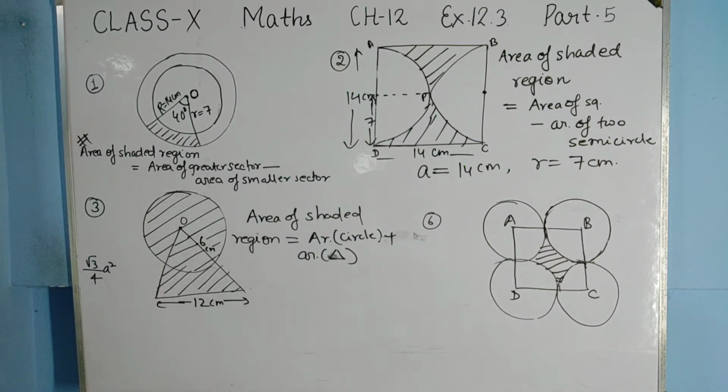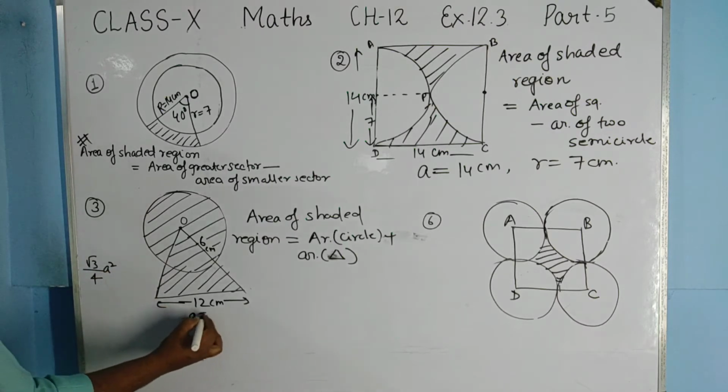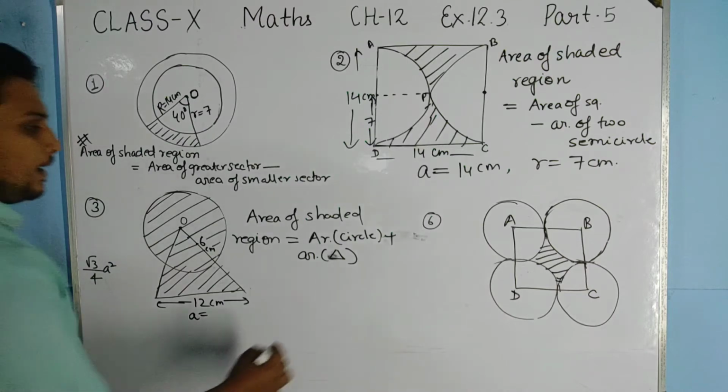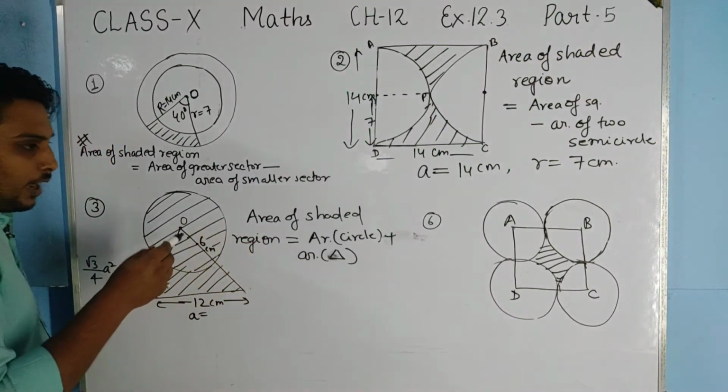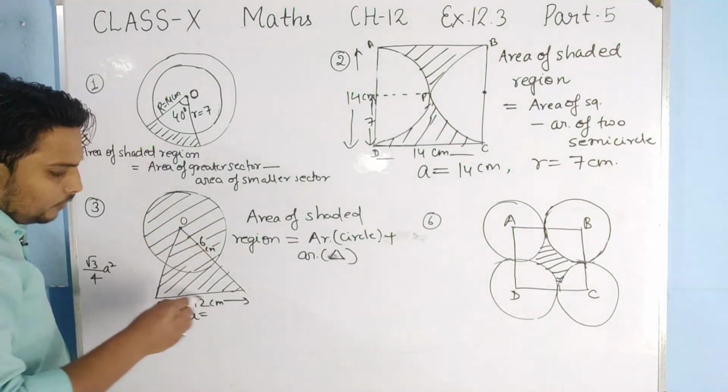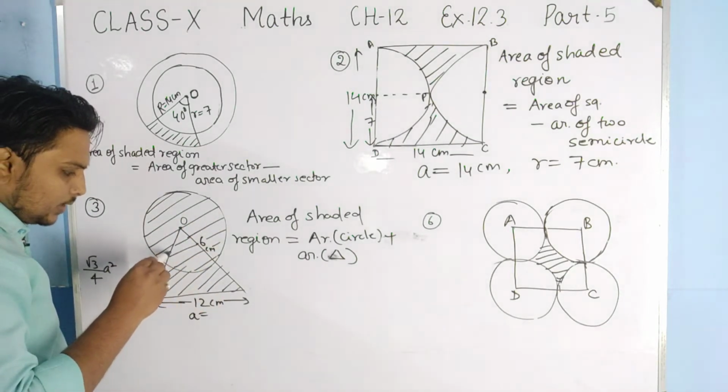Okay, the formula to find the area of an equilateral triangle is what? Under root 3 by 4 a square, that you can apply. Okay, a is what? The length of the side a, that is 12. And see, if we have added the area of this circle and the area of this triangle, so this region